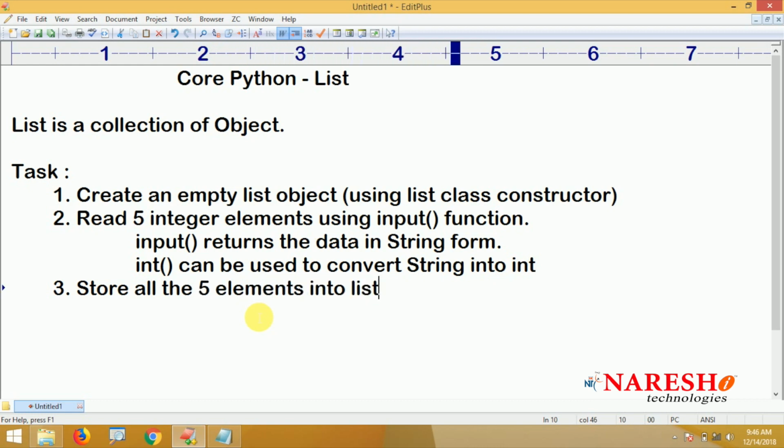into the list. How can we store all the 5 elements into the list? Using the append function. The list object provides a predefined function called append, by which we can add elements at the end of the list. It's nothing but storing the elements. Using this append function, store all the 5 elements into that list, and finally